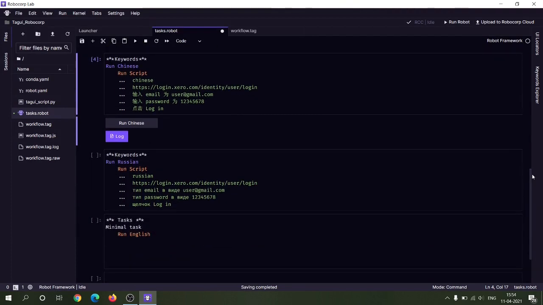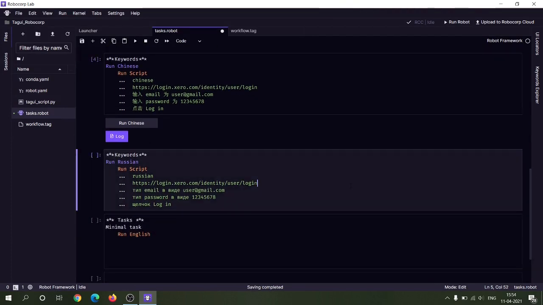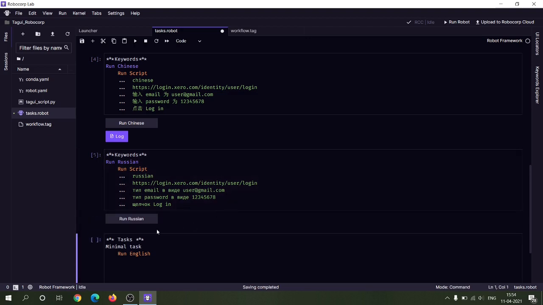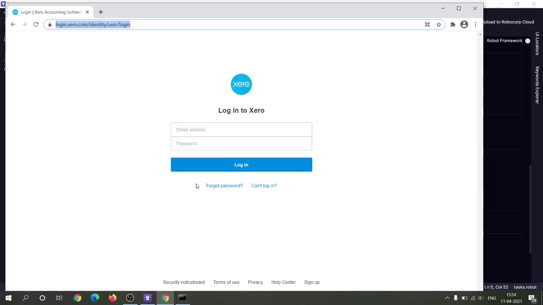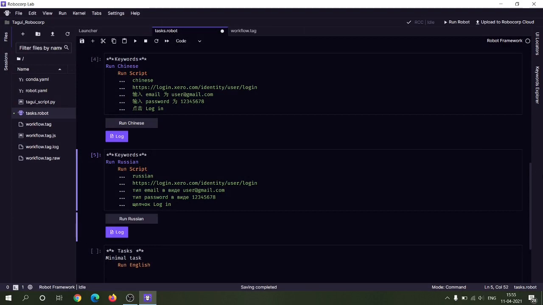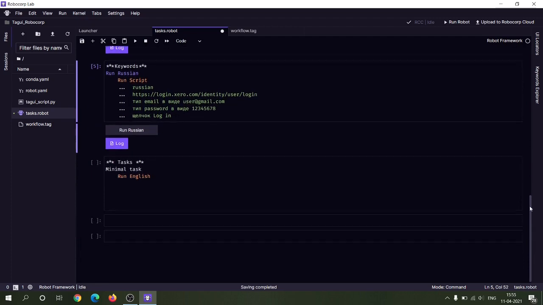Now let's move to the last language in which we had written our TagUI script, that is Russian. You can see it is also executing. Yeah, whatever TagUI script we have written in different languages, it is executing fine.